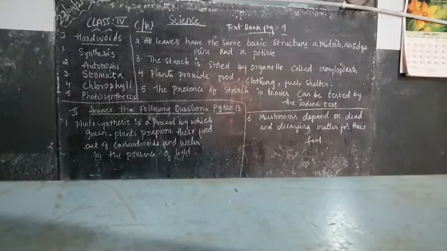A balance between the number of plants and animals is very important in nature. Under the Wildlife Protection Program, wild animals are given special protection in sanctuaries. So what are sanctuaries? Sanctuaries are where all the animals are kept safe and are given food for their livelihood. So it was our class, lesson number 2, plants prepare their own food.